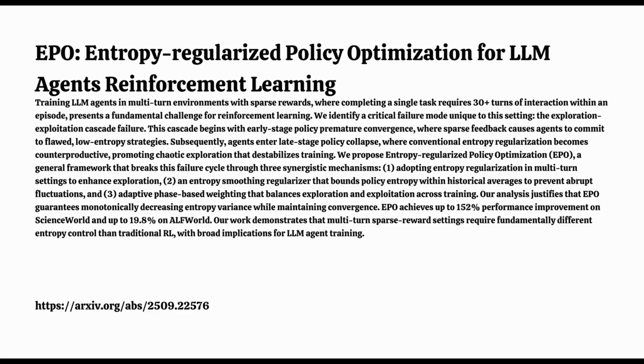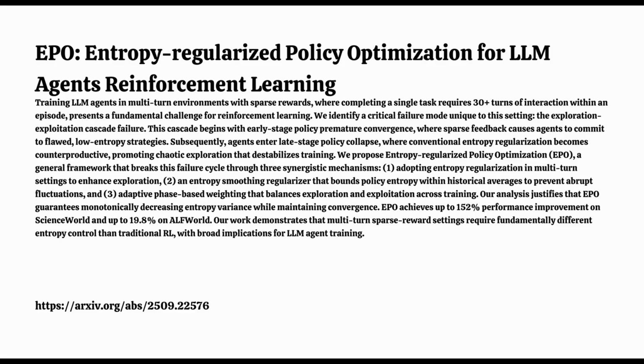The key difference seems to be the gradient signal. What do you mean? EA methods add entropy as a kind of bonus reward, but that doesn't directly tell the policy how to become more exploratory if needed. There's no explicit gradient pushing it to increase entropy. Oh, no. EPO, by putting entropy directly in the loss function, creates a clear mathematical signal, a gradient that can actively guide the policy to explore more or less when appropriate. And crucially, the temporal smoothing ensures this direct guidance doesn't mess up the LLM's underlying reasoning abilities, which can happen with more naive modifications. So it's a more direct, but also carefully controlled way of managing the exploration. That seems to be the case.